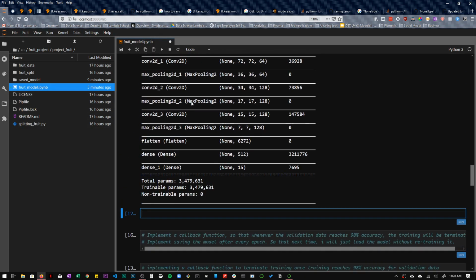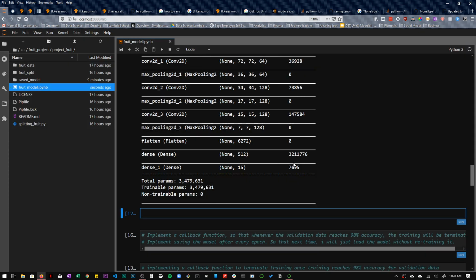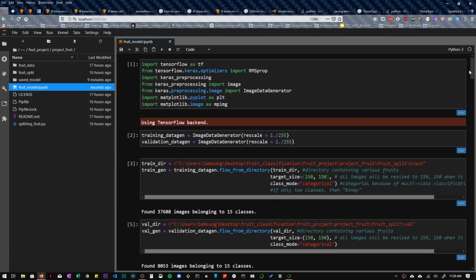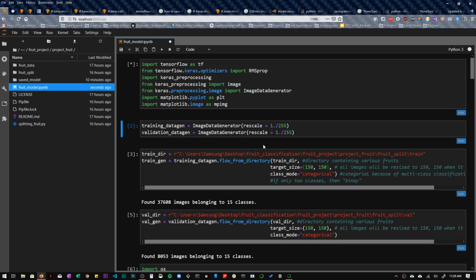So let me go ahead and save all of this and let's go ahead and restart the kernel and just reset everything, and let's run it again from the beginning to end, and let's see what we get.